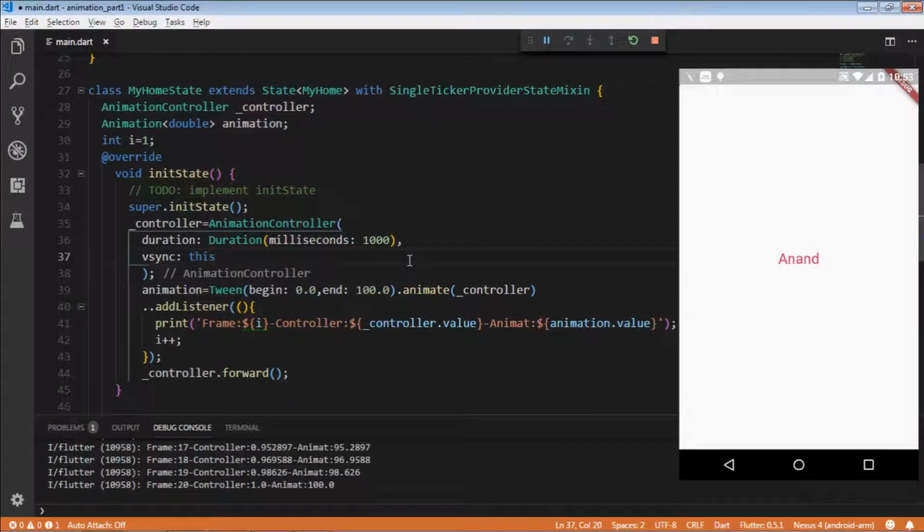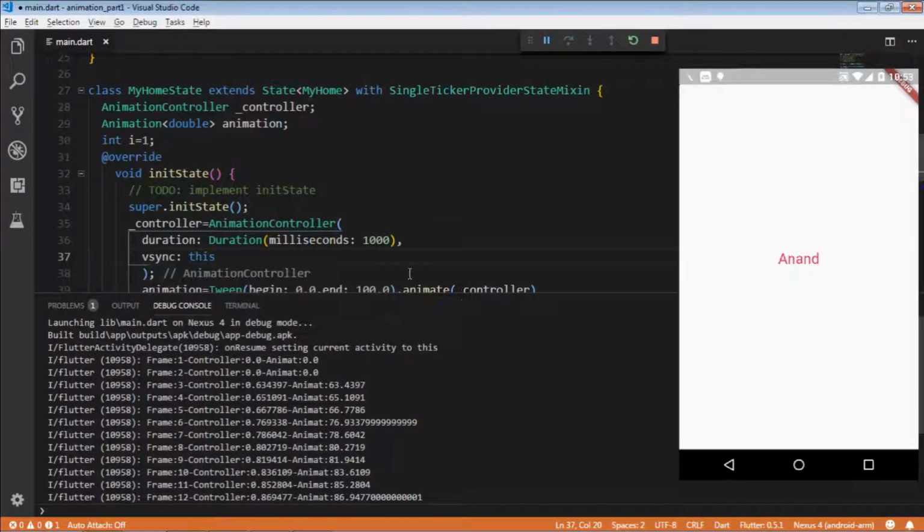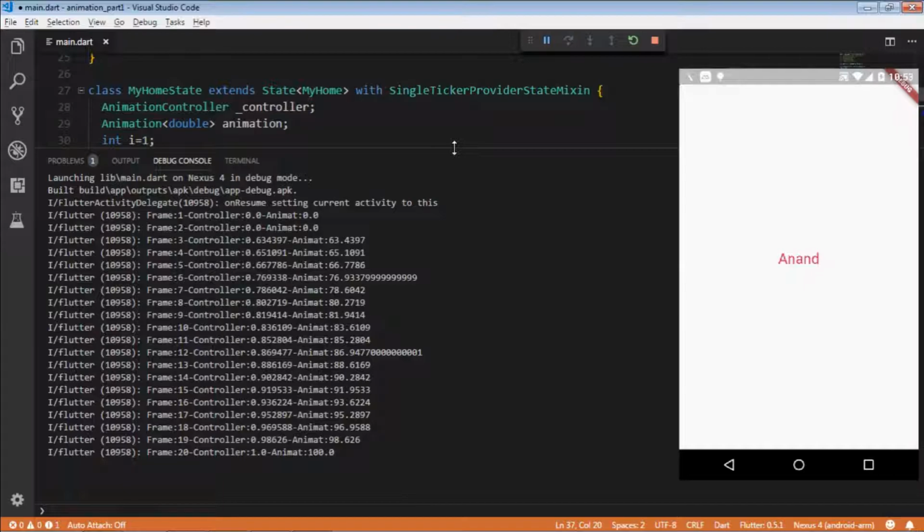So here's the output. Let's check out what it has given. See, we have used 1000 milliseconds, that is like 1 second. In 1 second it has generated 20 frames, and the controller value has started from 0.1 to 1.0. So we can see we have different values, and the animated value, the new variable we created,